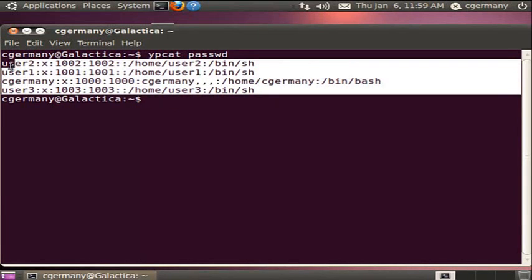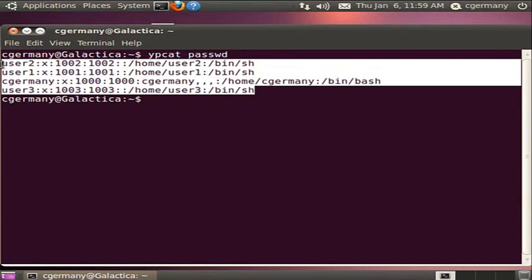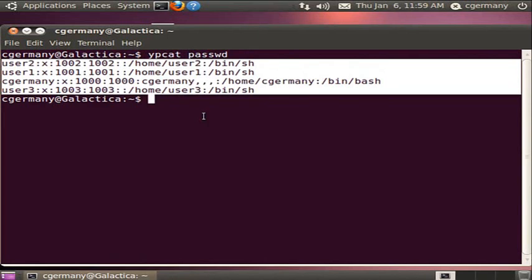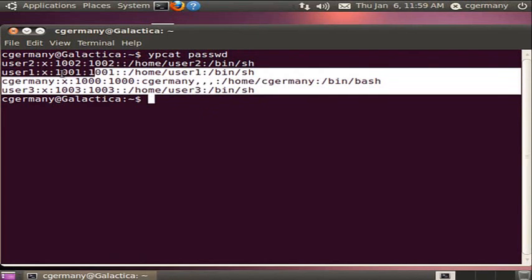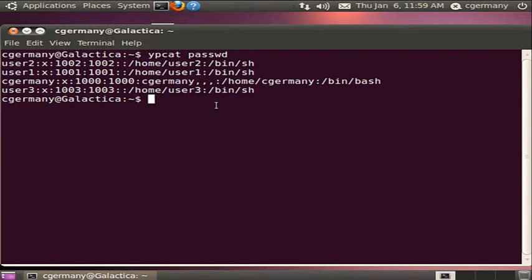And by the way, this can also be maybe one of the weaknesses of NIS. You want to protect who's allowed to use ypcat and load the password file, because otherwise they could be reading passwords and things from their servers. But there are ways of doing that and hiding that and obfuscating it and encrypting it. And there's lightweight directory access protocol. You can do LDAP servers, but that's for another day and another time. For now, we just want a simple way to use NIS to create centralized authentication on a Linux network, so